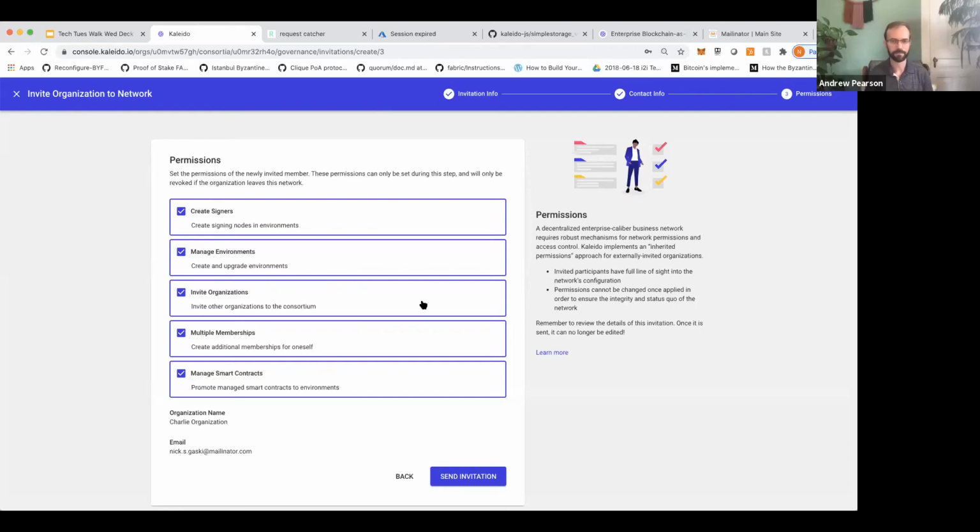Can they manage environments? An absolutely critical permission. Can they onboard other organizations? Or can they go through creating multiple memberships or managing smart contracts on behalf of the business network? And these are going to have huge variance on use cases, whether you have a pre-established consortium or the different rules that you have in your business network. So again, no one size fits all here, but it's very easy to allocate or rescind these permissions.